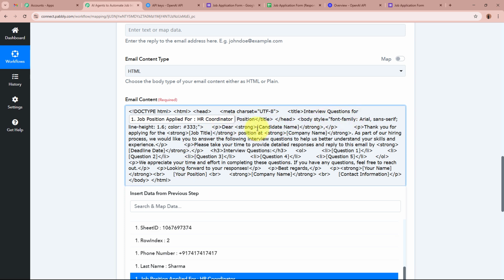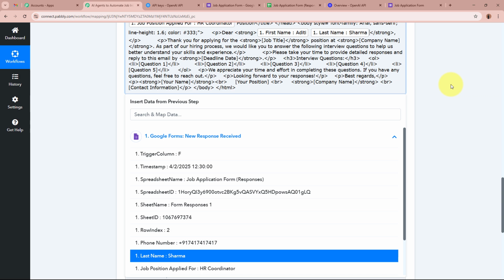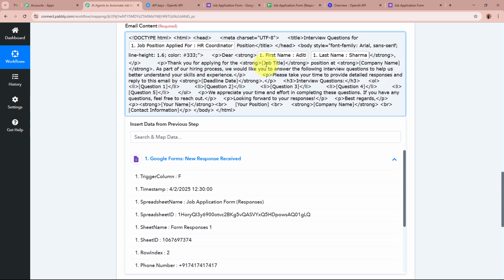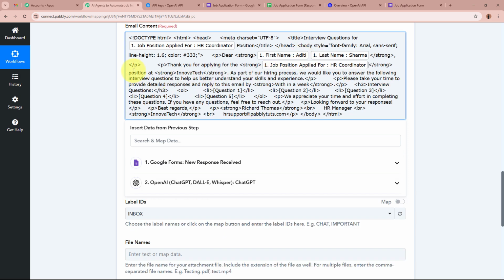Okay, over here it is asking for the dear candidate name. For the candidate name, I'm going to map the data of the candidate name, first name, space, the last name. Okay, it is asking for thank you for applying. For the job title, I'm going to again map the data of the job title that we've received right over here. After that, over here you can see position at Innovatech as a part of